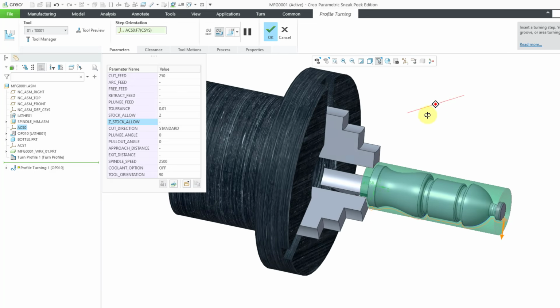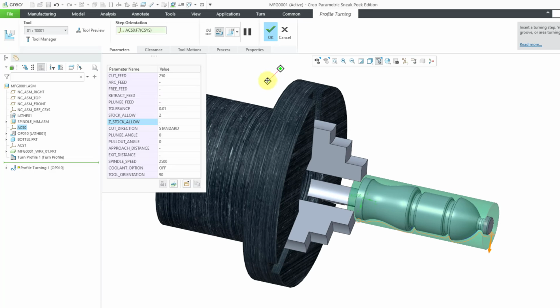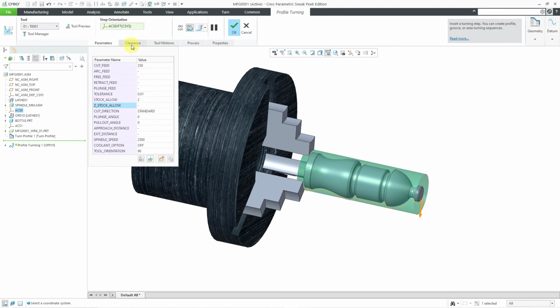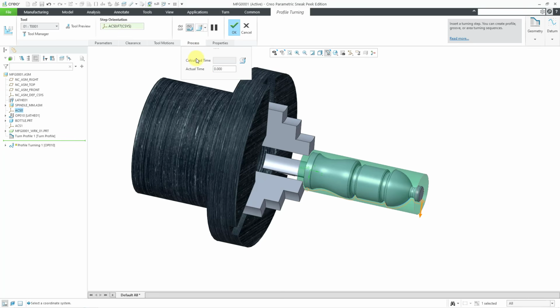I don't need to change anything else in here, but be aware. Let me pan everything down a little bit. You can change the clearance in here. You can define specific profile motions if you want. And then you can specify information to be populated into ProProcess for NC. But at this point, let's see, I can show the cutting data. I can view the toolpath updated output, but I'm going to go to this one and I'm going to